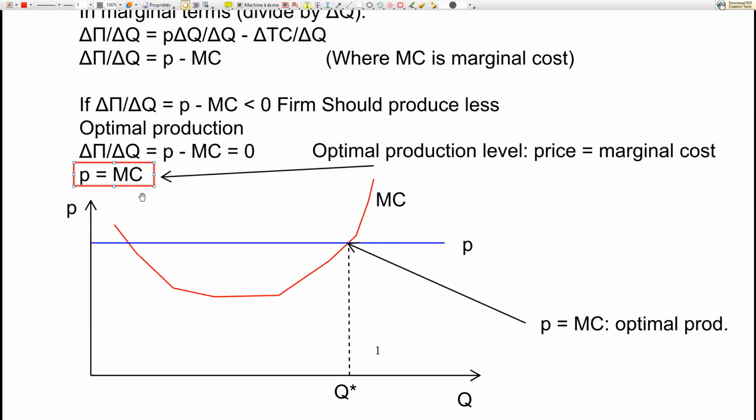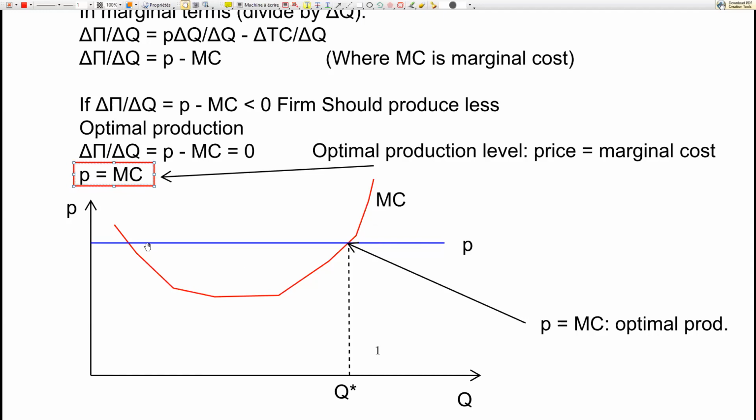We have shown that price equals marginal cost. So that's exactly here. This is what determines how much the firm is going to produce. What is the price? What is the marginal cost? If you see this in an exercise and you ask yourself how much the firm produces, you just check where the price crosses the marginal cost on its way up.